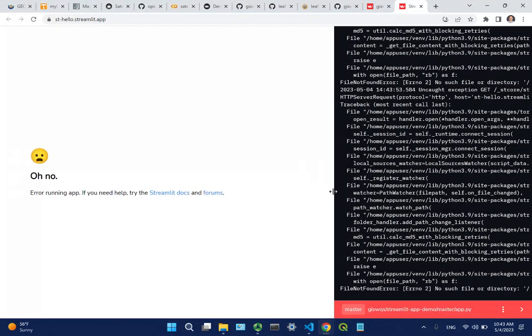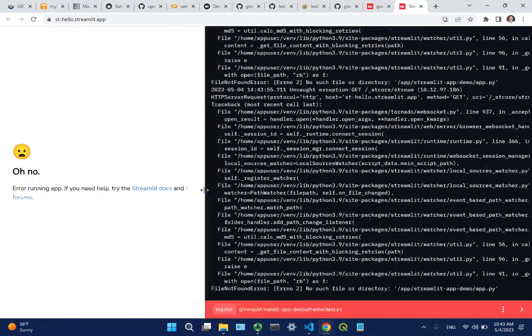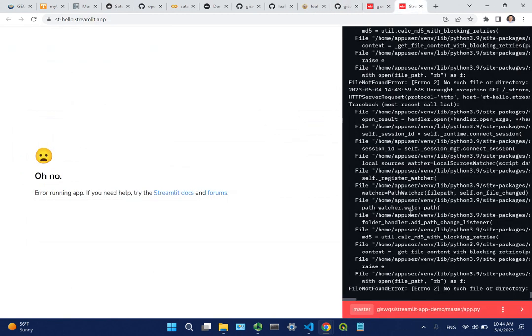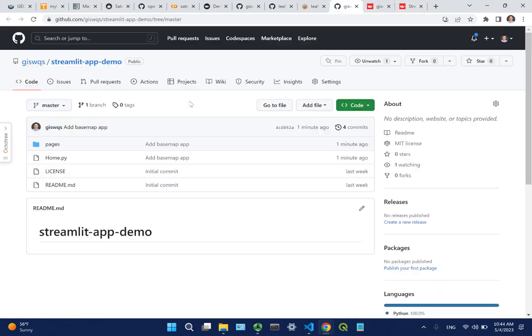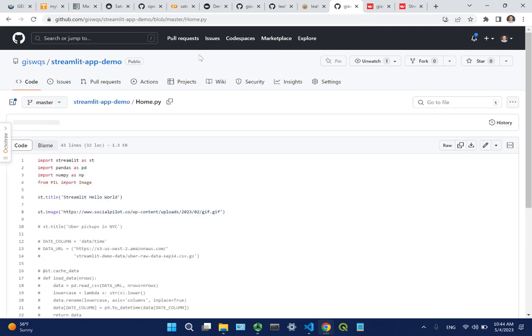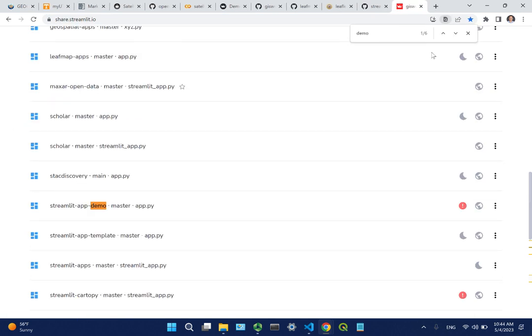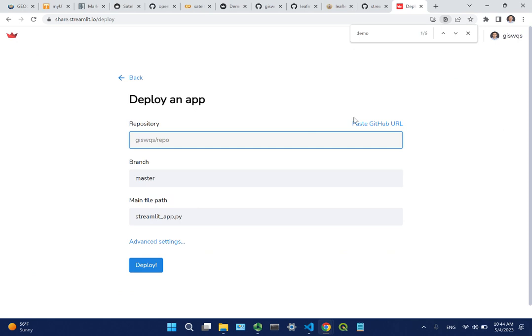I think I deleted a file. Anyway, let me tweak this one more time. I'm going to use this URL, and so new app, paste GitHub URL,